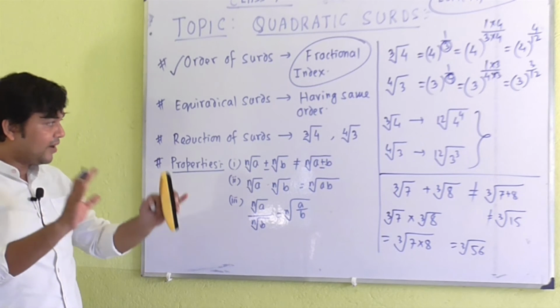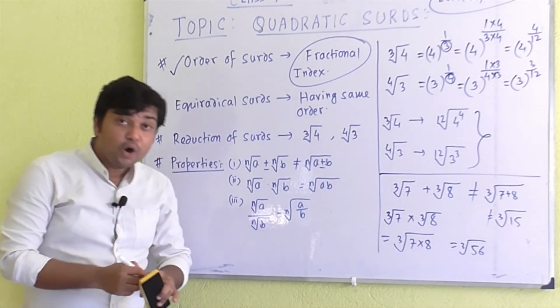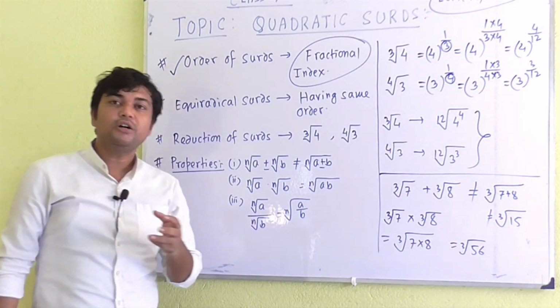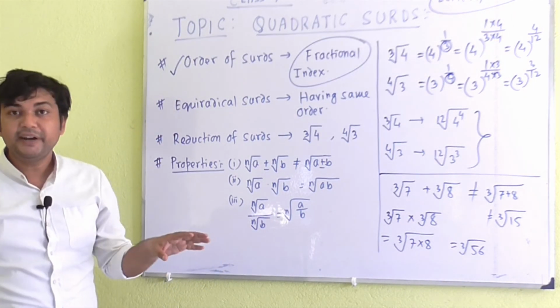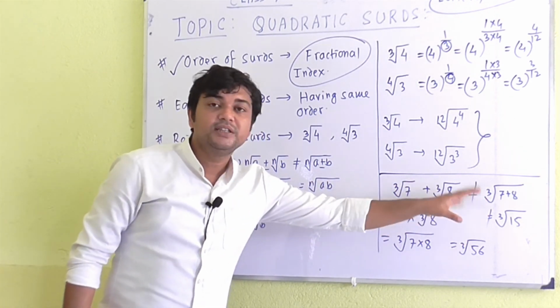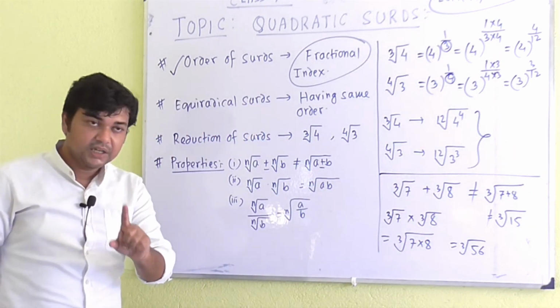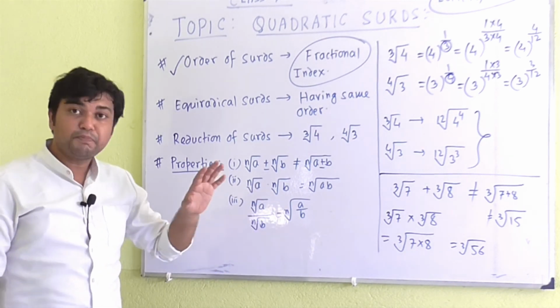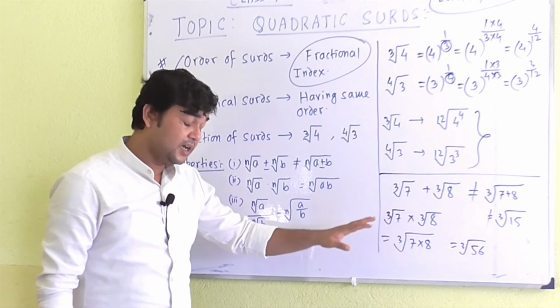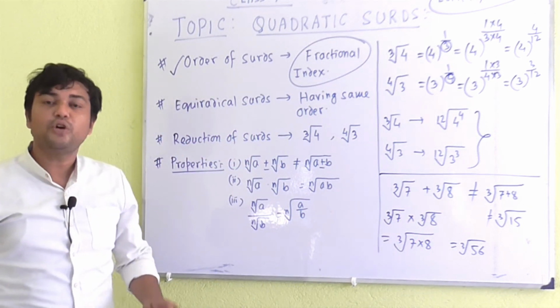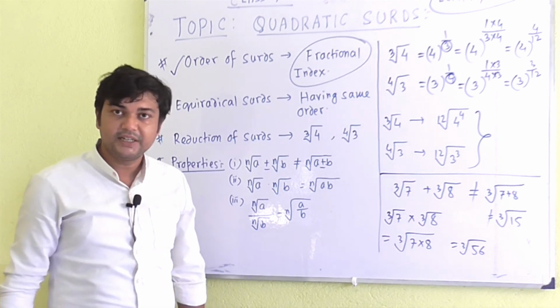Okay. So what have we learned from the properties of surd? We have learned that if we go for addition or subtraction, it will not allow you to combine the surds under one root. But if you go for multiplication or division, then it is possible to write the given surds as a product of the surds inside the square root or cube root or fourth root, whatever may be the discussion.